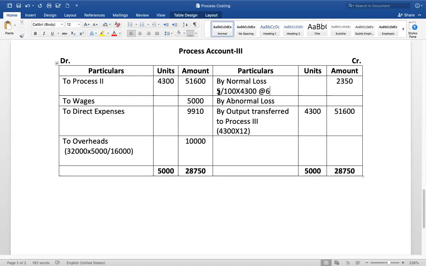Okay, 215. Right. Shall I write this on here? Instead of 2350, some amount will come. So the units are 215, 215, and the amount comes to